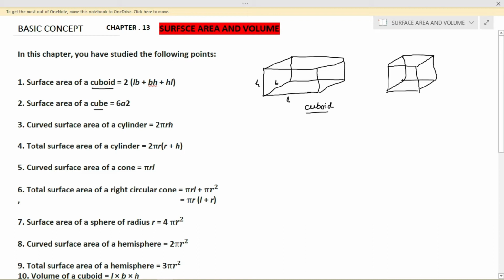here in this shape, this side is the length, this is the breadth, and this is the height, all are the same, and the side length is your A. So this is your cube. Okay, a cube has all the sides equal and a cuboid has length, breadth and height different. So first, to find the surface area of the cuboid. The surface area of the cuboid means all the surface area, or we can say total surface area.